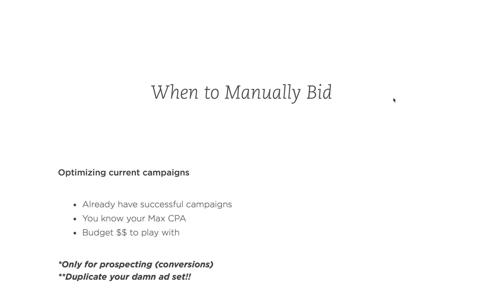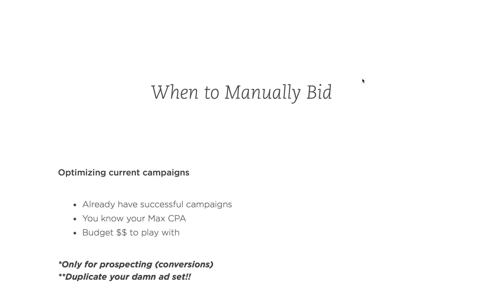Okay, so for manual bidding, a couple of, I guess I don't want to call them rules. I know I made some rules for scaling, but this is just food for thought. You can play around and do anything with manual bidding, but for the most part, we've already done it. We've already spent a ton of money doing it. There's others out there who've spent a ton of money doing it as well, so you can read up on what they've done. Just do a simple Google search and you'll find it.